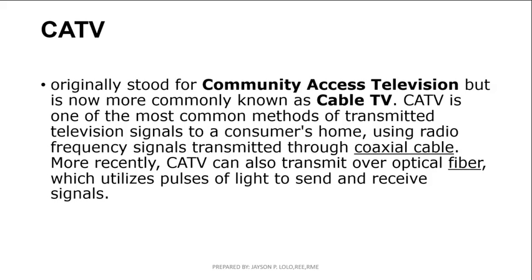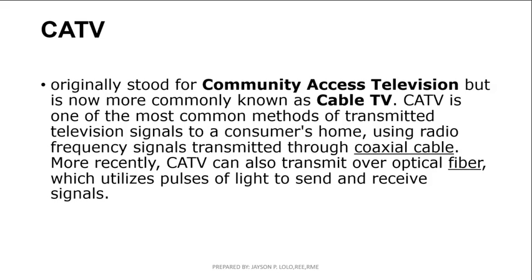So CATV is one of the most common methods of transmitting television signals to a consumer's home using radio frequency signals transmitted through coaxial cable. So we already know about the coaxial cable, and this is where we use this kind of cable under cable TV. So more recently,